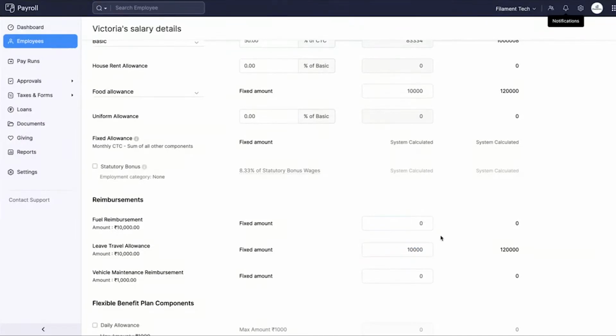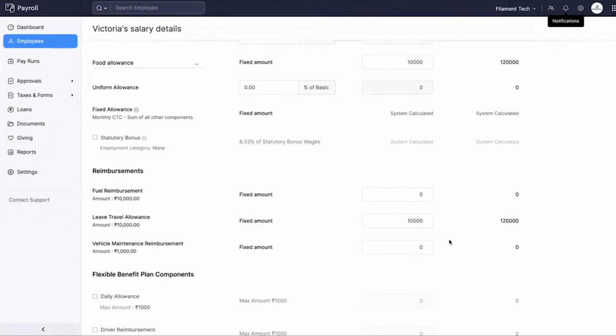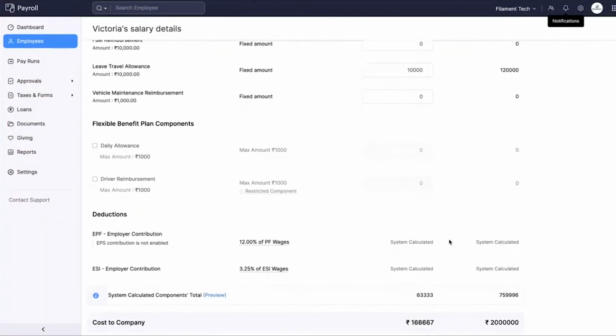enter the maximum amount for this particular employee. If you try to override the maximum amount that we set up at an organization level, as you can see, the system will automatically reduce that to the org level maximum so that it will not be exceeded. As you add any new components to the employee salary structure, if you scroll all